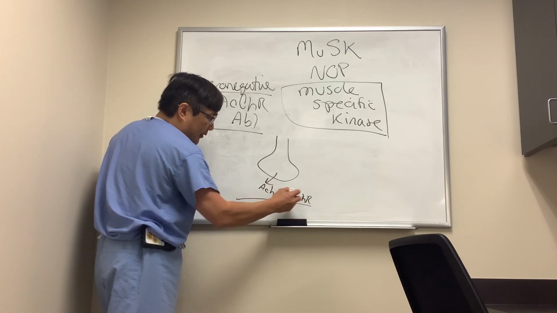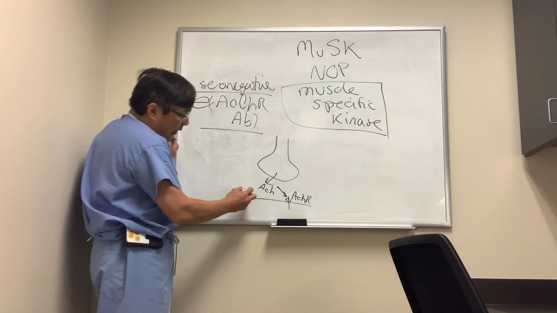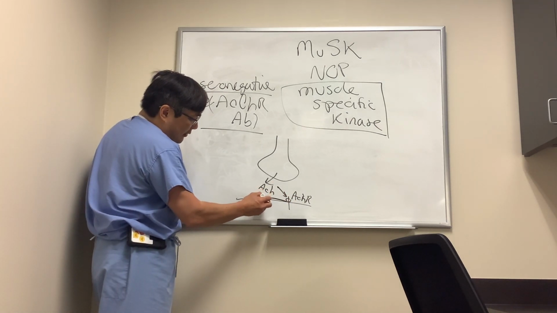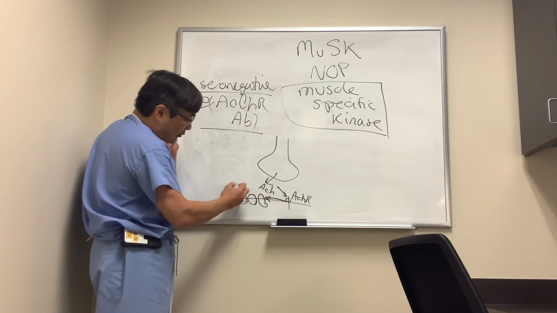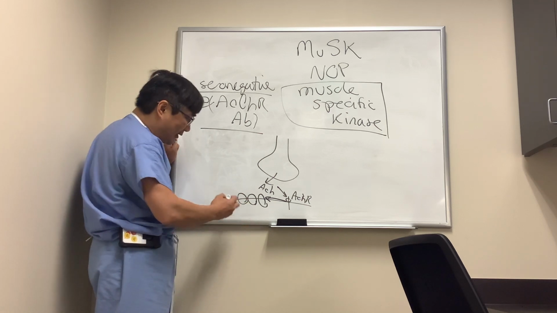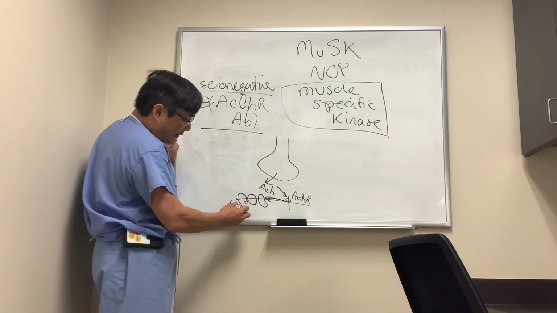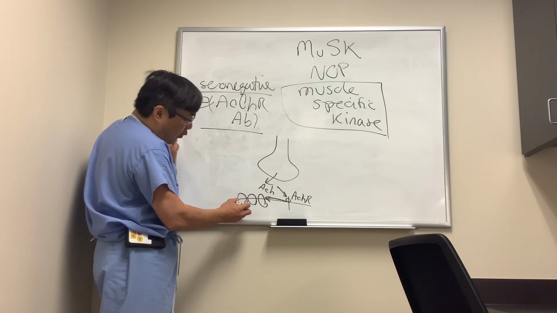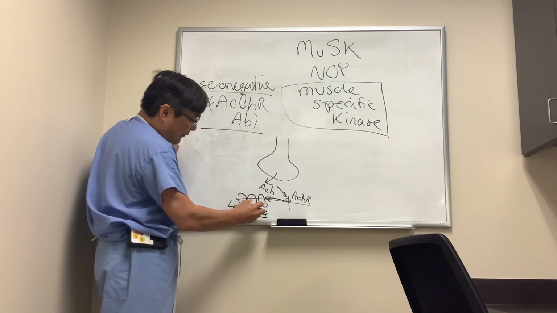And as you know, at the neuromuscular junction, we have acetylcholine release, and that's going to bind to the acetylcholine receptor, and that's going to activate neuromuscular junction firing. However, this acetylcholine receptor is complexed to adjacent receptors that also could cause the same expression of the disease, which is myasthenia gravis clinically, and that is the LRP4, the lipoprotein-related protein 4, and the MuSK, muscle-specific kinase.